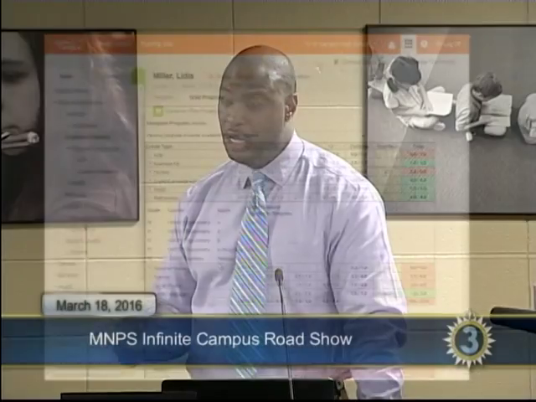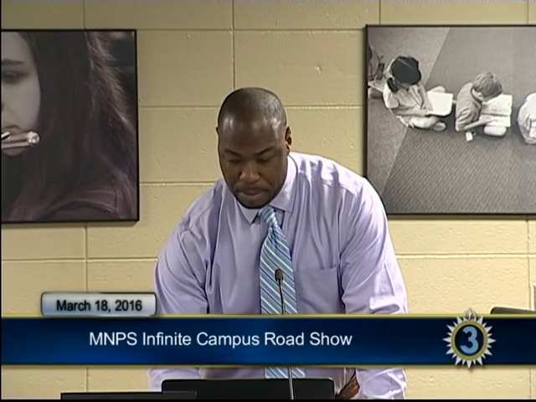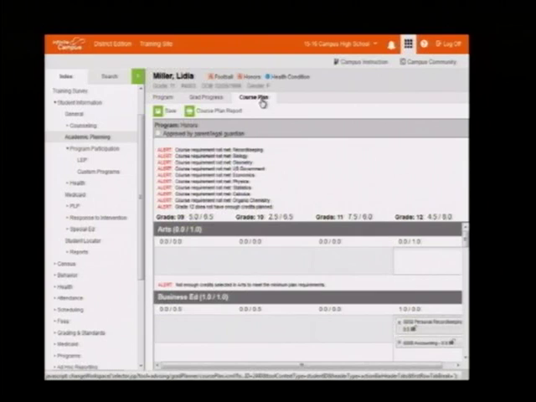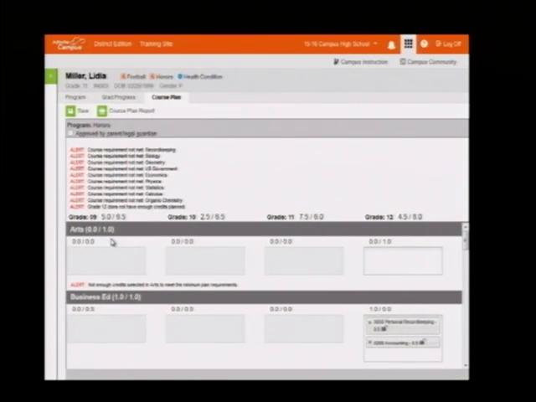Now, plan comes from the next tab here called Course Plan, and this allows me to actually do the future planning for a student for 4 years. So if I was a 9th grader, I could actually put in 10th, 11th, and 12th and really map out the entire plan and make sure the student is in compliance with all the requirements for that particular pathway or graduation plan. Question? Yes. Is that just a static plan, or will that translate into a future schedule? Or will we have to enter a new schedule?